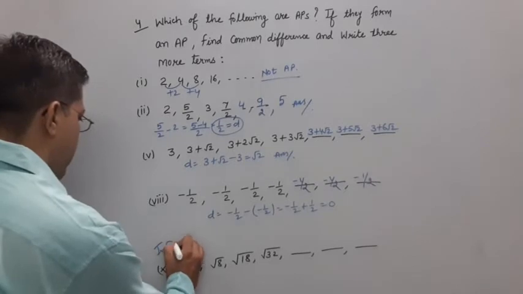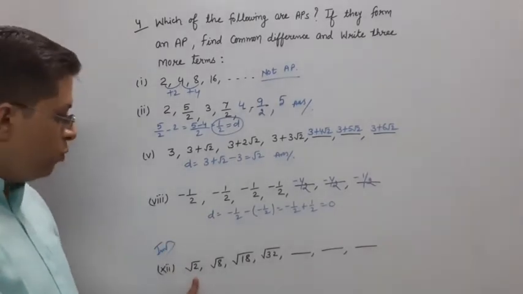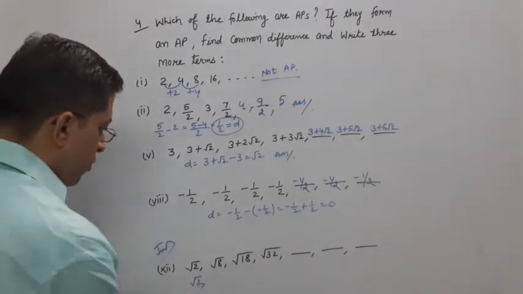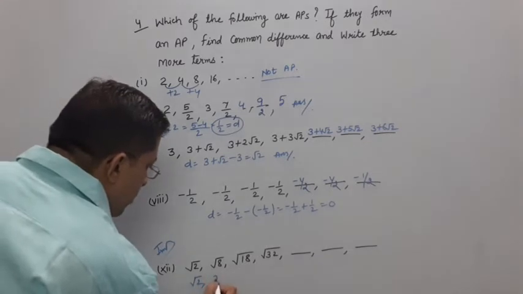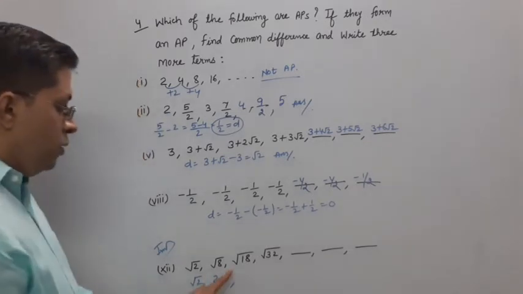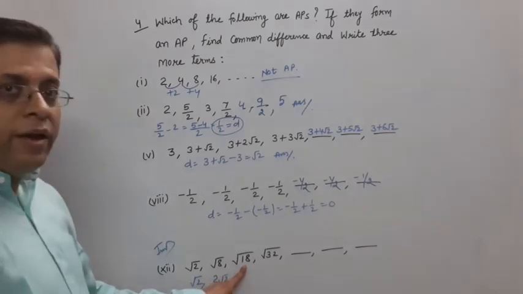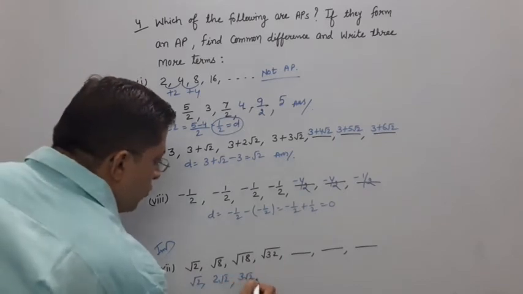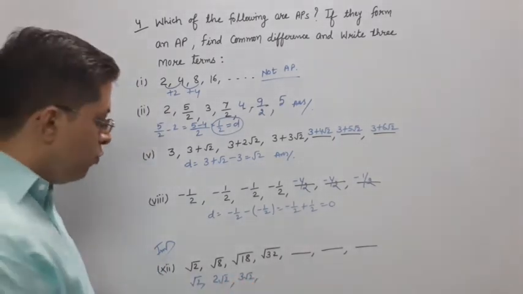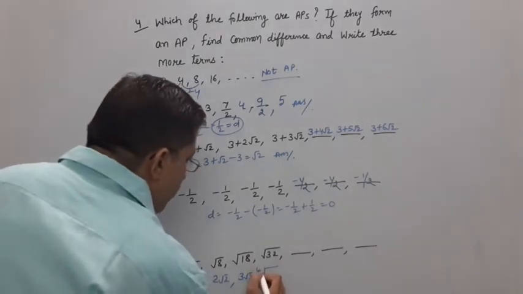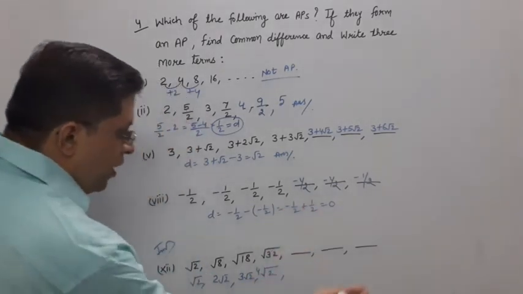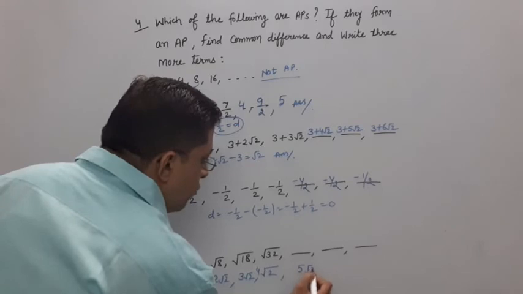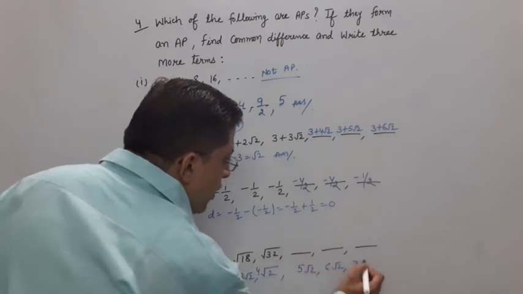Now it is very important. Okay, this is root 2. Root 2 is this. Okay, 8, what can I write? 4 2s are 8. This is 2 root 2. This is 18. 9 2s are 18. The root of 9 is 3. 3 root 2. This is 32. This is 4 root 2. Then what will be the next? 1 root 2, 2 root 2, 3 root 2, 4 root 2. Then 5 root 2, 6 root 2 and 7 root 2.